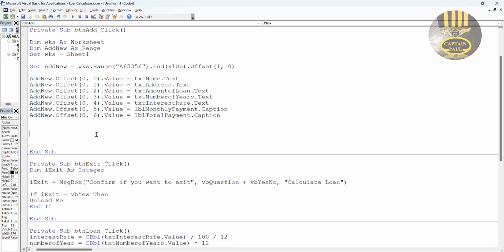And right underneath here, I'm going to say LST loan dot add items, add item, and that is going to be, I'm going to put a tab in there just to get it right. VB tab, this tab